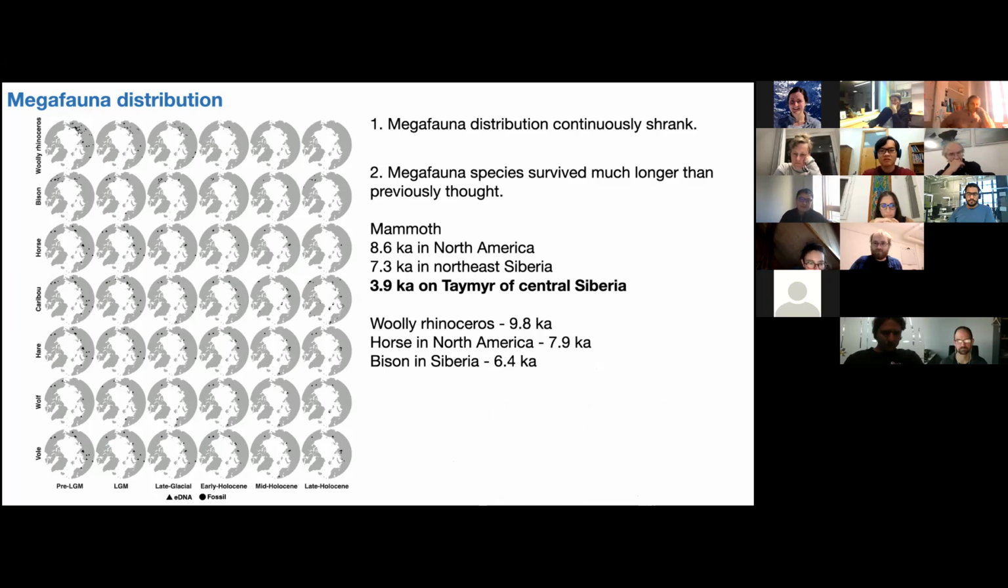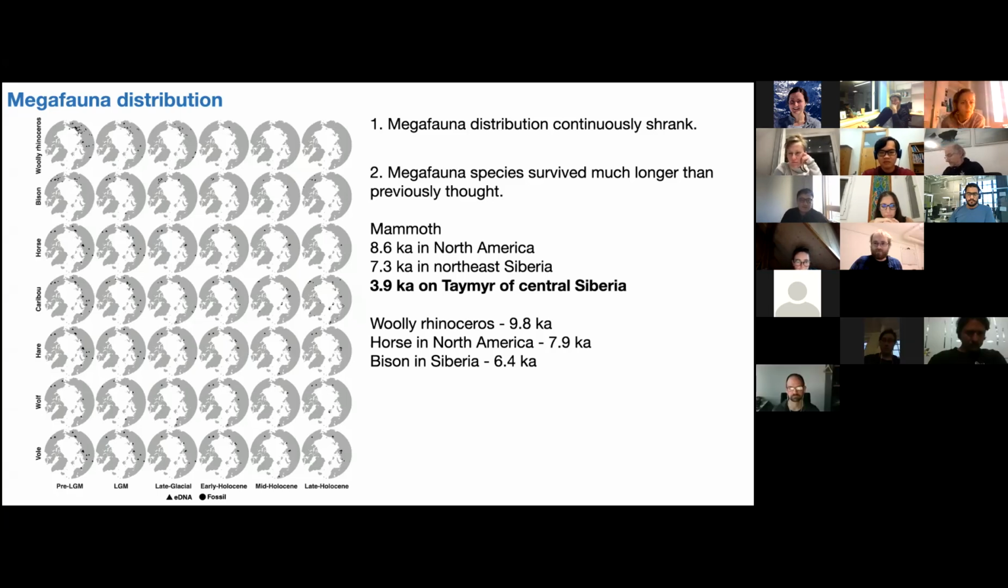This late survival of megafauna is kind of expected, because when a species is approaching extinction, its population size must be very small. An individual animal only leaves one skeleton after its death, while it spreads its DNA, millions, billions of DNA sequences, into a wide range of landscape every day throughout its lifetime. So it's much, much more likely to find the late survivals by eDNA compared to the traditional